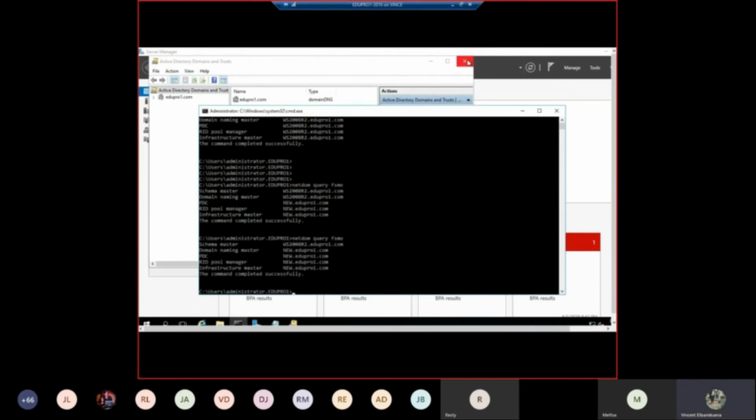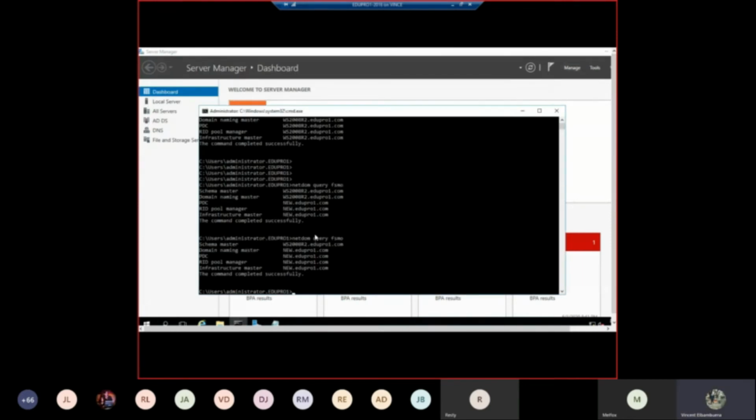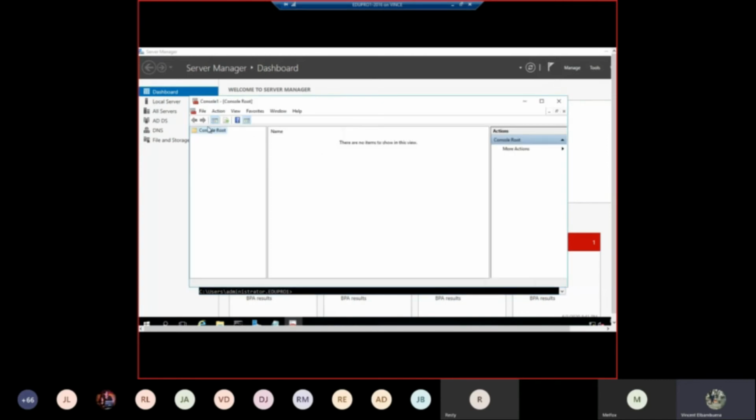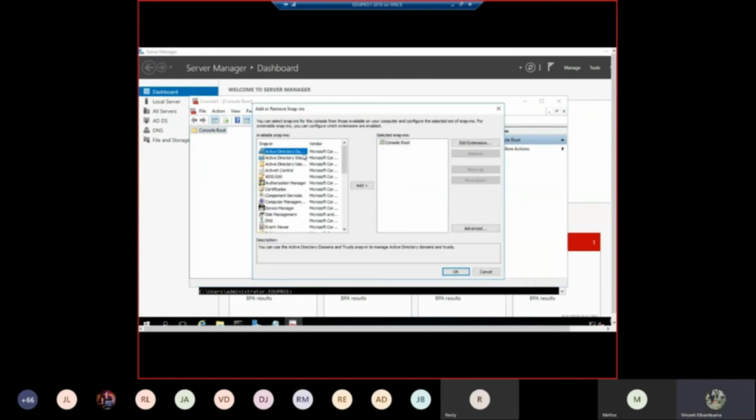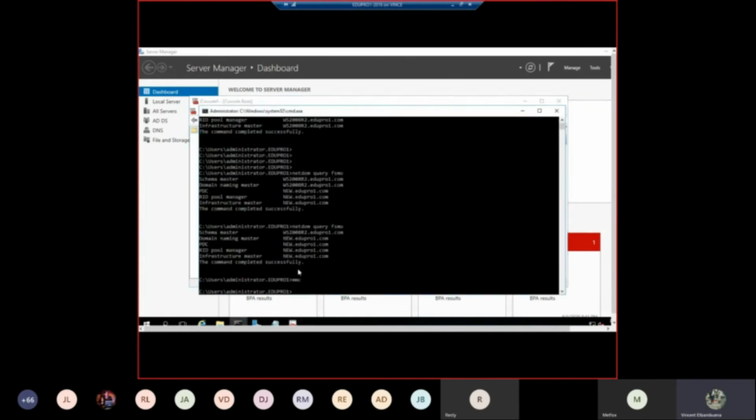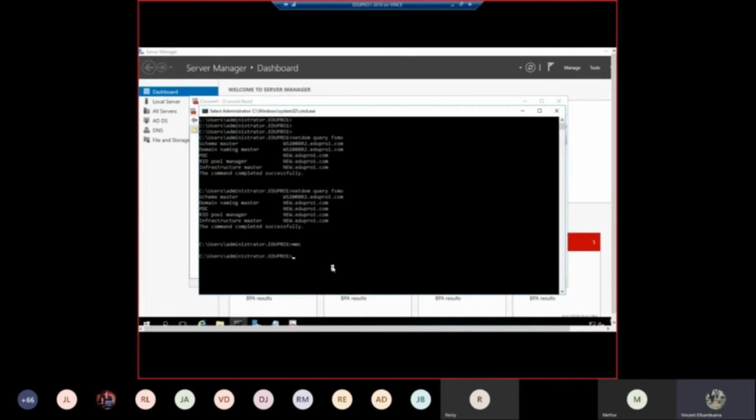Now with schema, ito hindi siya ganun kadali actually. Ina-access siya through MMC. So add, remove, snap-in. So yun nga lang, by default, wala ditong Active Directory schema. So kailangan natin siyang i-register. How to register? Type lang natin si